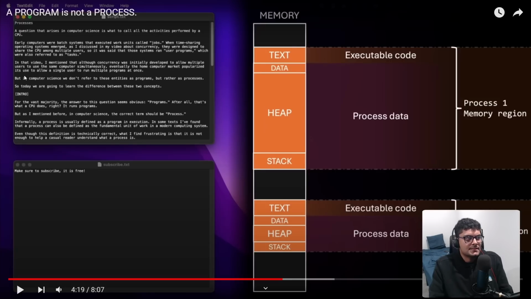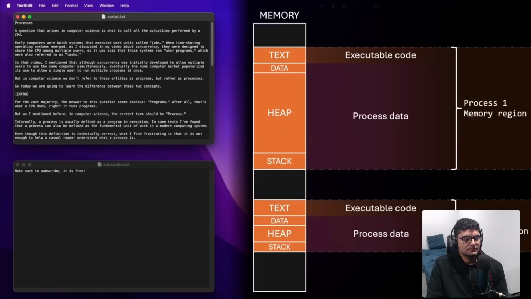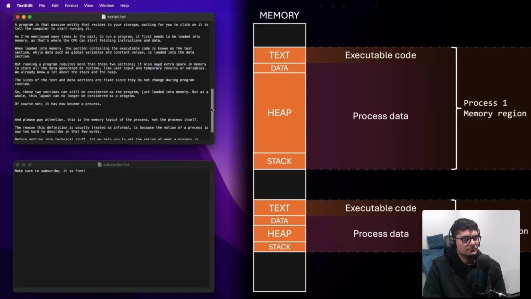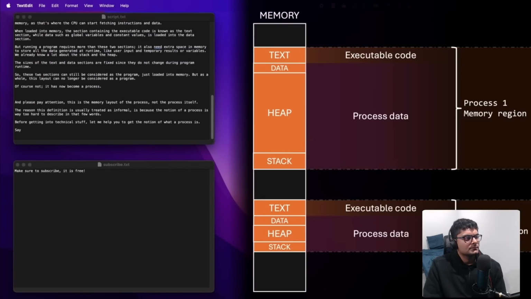And it also makes sense that in a text editor, all of the data would be going to the heap. You, again, wouldn't want to run out of stack space for that. Imagine just declaring a massive variable with megabytes, like a megabyte long string or something like that. Probably want to avoid something like that. In this example, the first process is working with a much larger text file than the second, so it naturally requires more memory to manage its data.